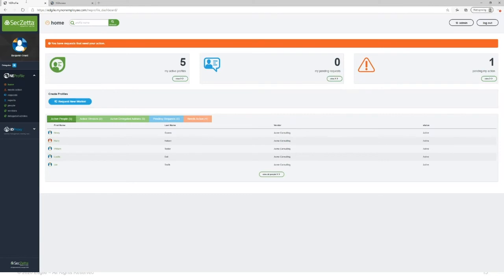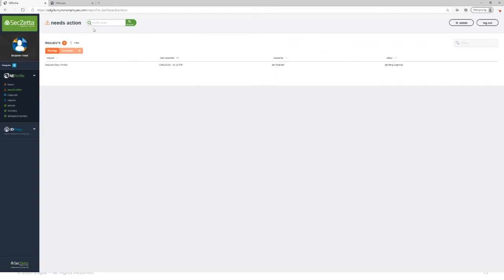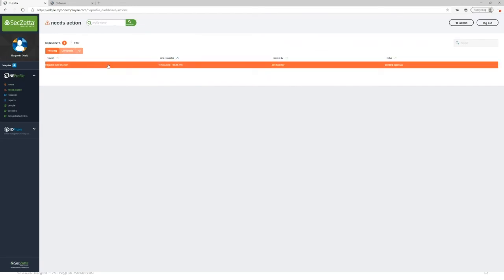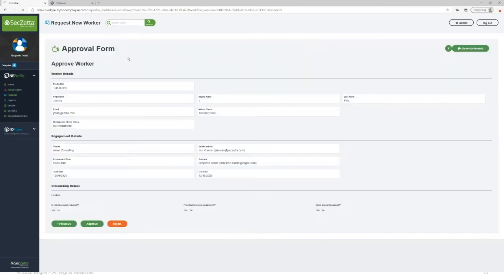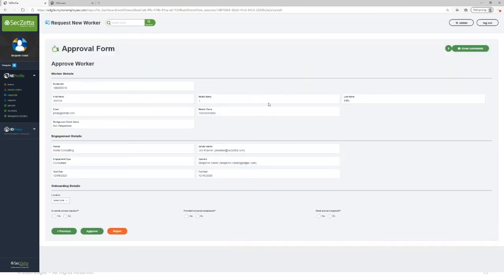Thank you, Zach. So now that I'm logged in here from Agile's perspective, we can see that I actually have a new request that needs my action here. So I'm going to go here and click this pending my action button. And it looks like that Jen requested a new worker from Acme Consulting. So I'm able to review all of the information that was laid out on the form and either accept or reject this new worker. And we actually have it configured so there are some specific details that only me as an internal manager can actually add. So I'm going to go ahead and add these details. We're going to say that they're a remote worker. And then I'm going to go ahead and approve this request.